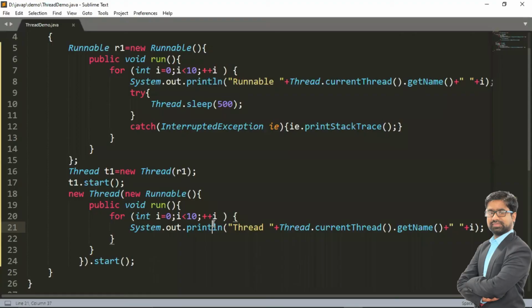Guys, in this example, we can also write the anonymous inner class by Lambda functions. Lambda function is a feature of the Java 8 version. Lambda function works with only a functional interface. So what is meant by a functional interface? The interface which has only one method, meaning only one abstract method. The runnable interface has only one abstract method, so of course we can write this Lambda function code.